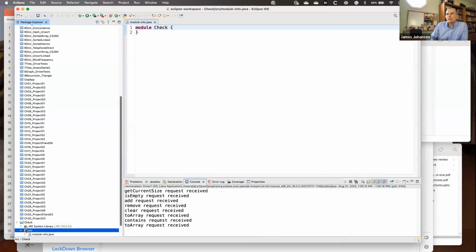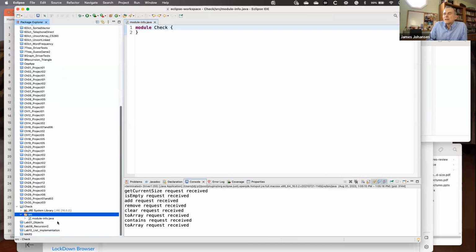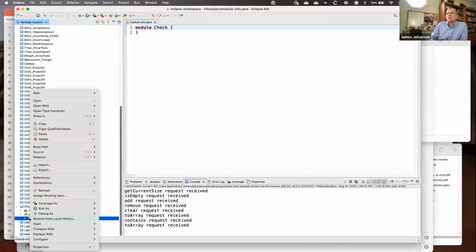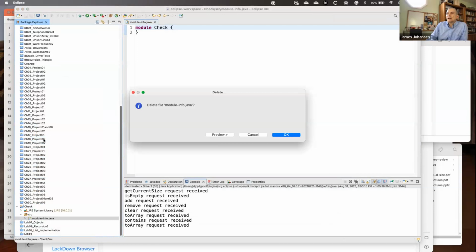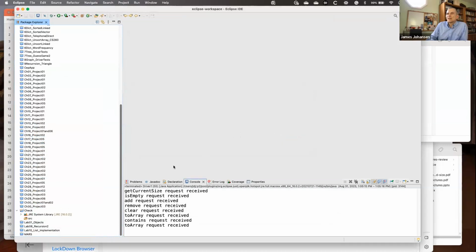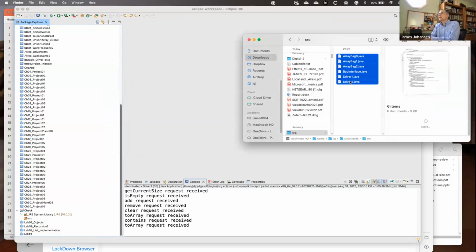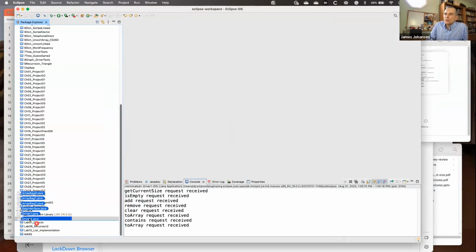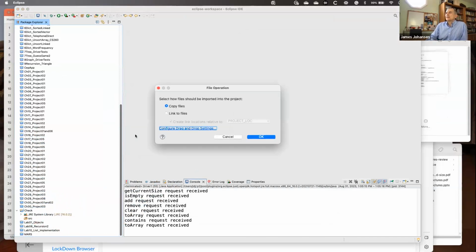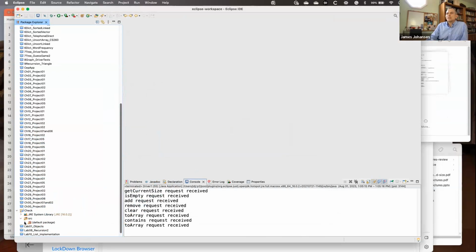Okay, so this is the source folder. I think I need that. Let me try and just delete that. So now what I'm going to do is drag and drop them into the source folder. That's where you want to put them. And it'll say copy the files. That's what you want to have done. And then after that, you have all of those files like I just showed you. Does that help you, Nathan?